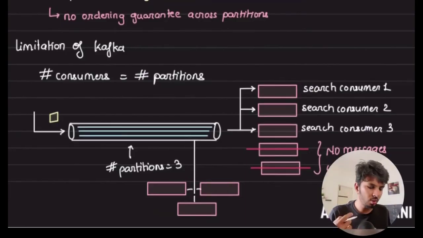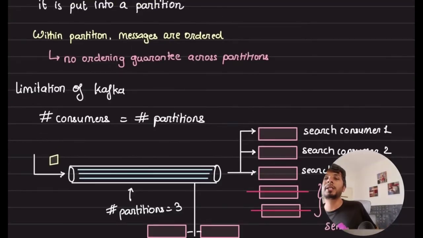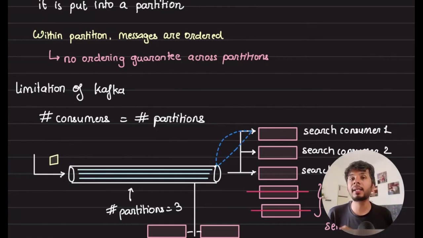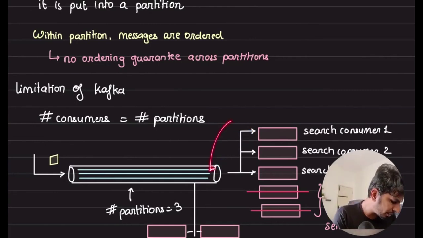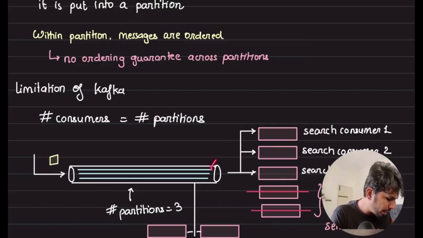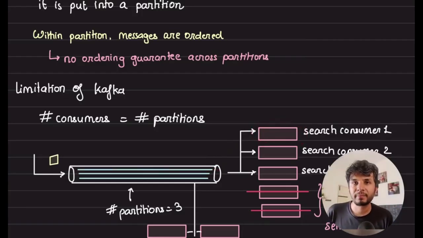Internally, whenever a consumer is consuming, Kafka assigns it one partition to consume from. Let's say the first partition is consumed by the first consumer, the second by the second consumer, and the third by the third consumer. But let's say I spin up 5. The 4th and 5th search consumers would not get any message, because it's a one-to-one mapping between partition and consumer. When one consumer is iterating over a partition, it gets all the messages part of that partition.